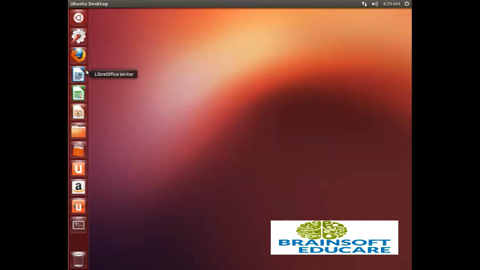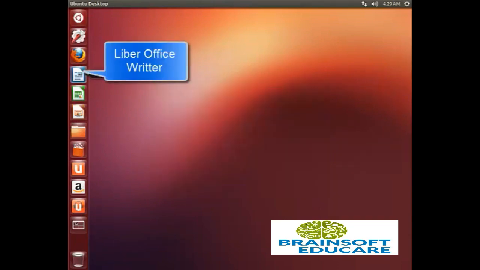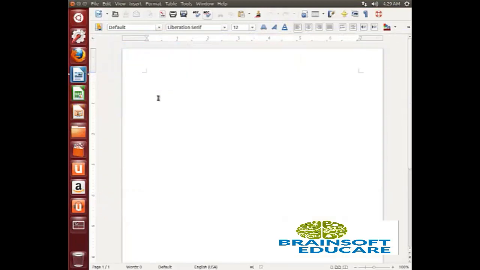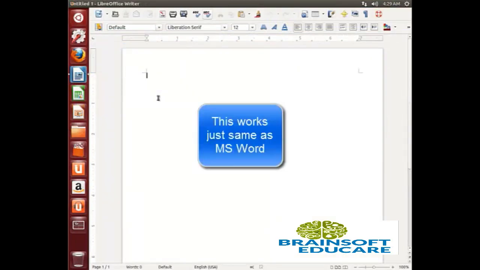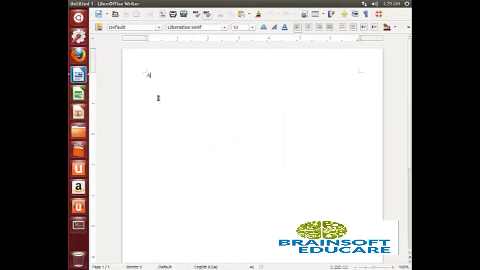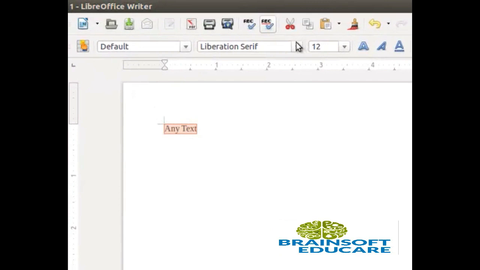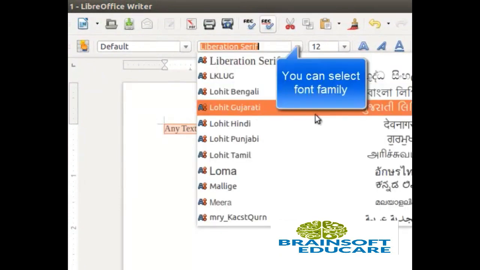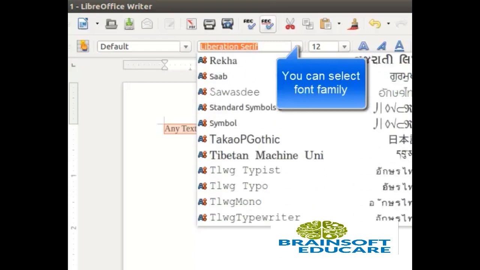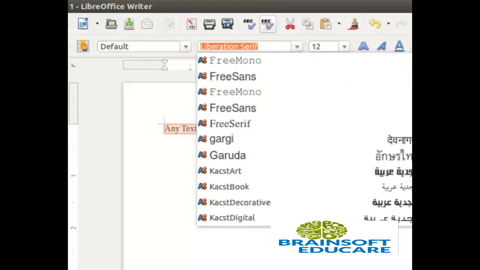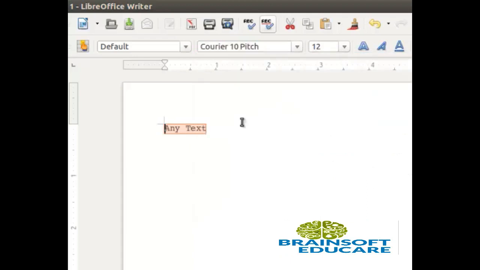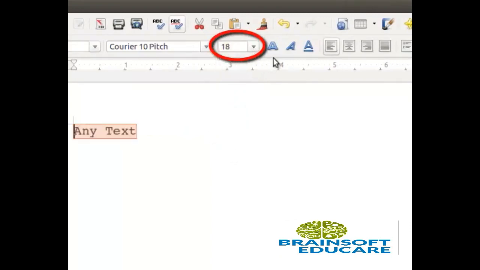This is LibreOffice Writer, which works almost the same as MS Word. You'll find it very familiar if you know MS Word already. You can type in any text and then by selecting that you can actually format it according to you. It supports UTF-8 encoding and different text encodings. This is how easy it is to format any text,